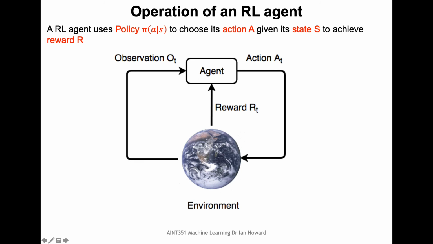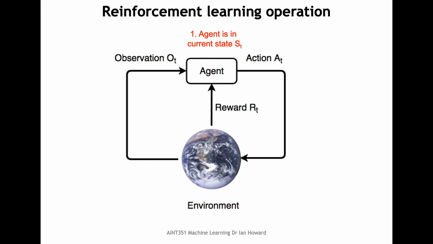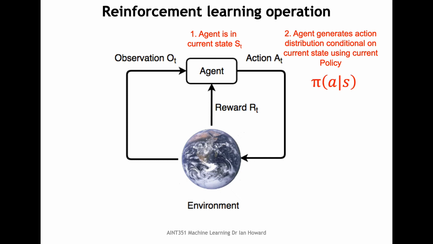basically can observe the world. It hopefully knows what state it is in, or can estimate what state it is in. It then takes the action it thinks is the best one, at least when it's in a learned system, and it can observe the reward, and then it gets, again, an update to the state. So the way that would work then is, to start with, the agent will be in a current state, right? It uses the policy in order to generate an action given the state we're in, which is pi a given